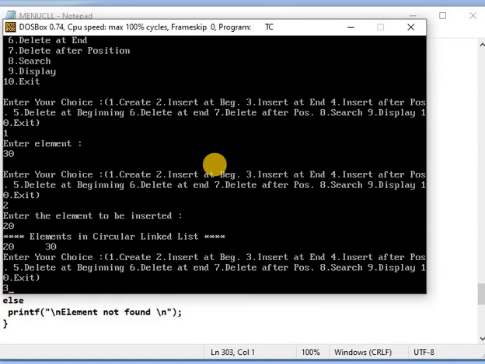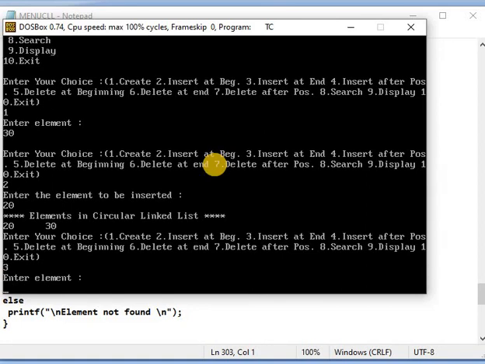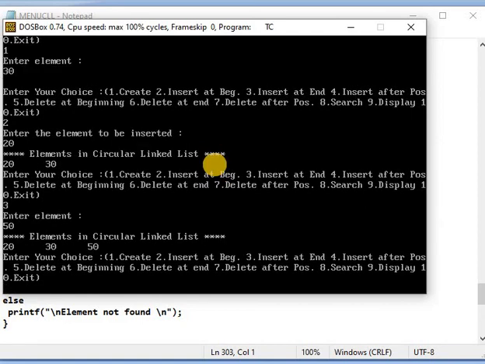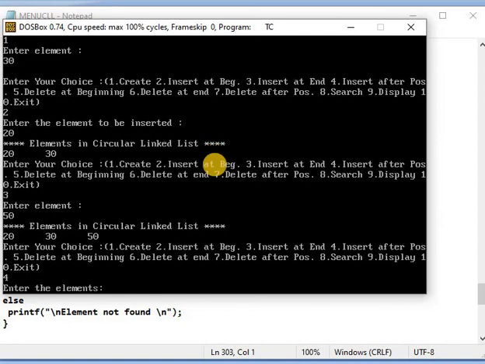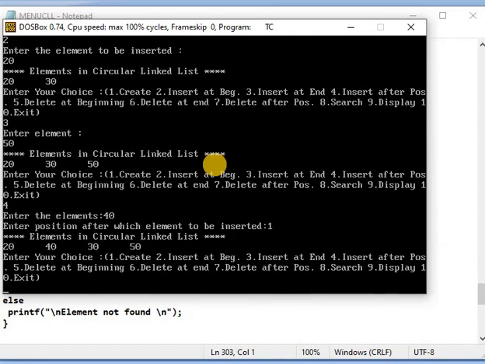Third choice, insert at end, 50. Fourth choice, add after position, giving the element 40 after the position 1. Giving the first position means after 1 the element will be inserted.